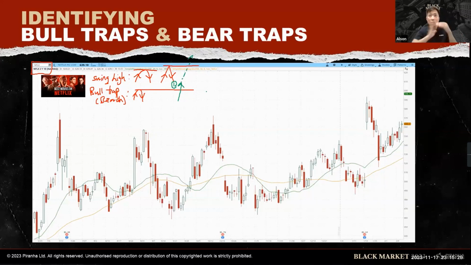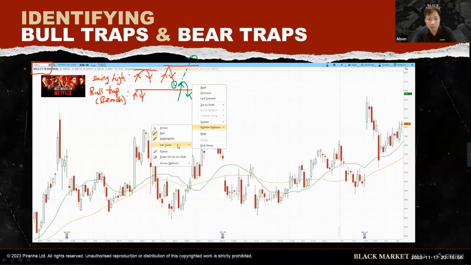Traders thought it's going to go to the moon. Instead of going to the moon, the market maker goes and suppresses the head, and then the head turns back down below the water. It's like the head goes above the water, and the market maker goes and presses down the head. We call this a bull trap. Imagine you have bought at the top. When the price comes down, you will panic sell at the bottom. That's why it's a bearish signal.